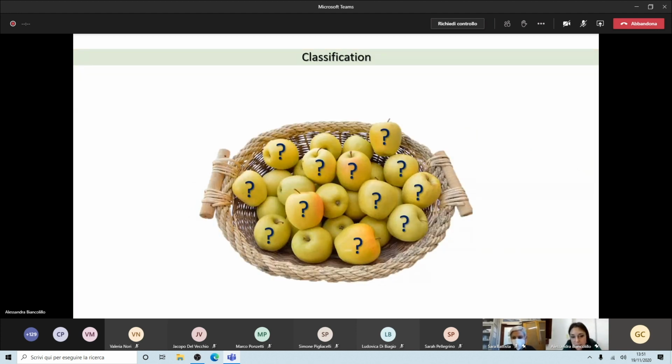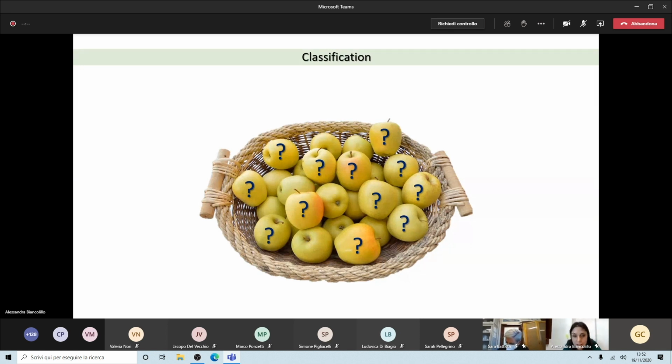Let's consider the case we have a bag of yellow apples and we want to know which apple has been harvested in Italy and which apple has been harvested in England, for instance. So in this case, the origin of these apples that look all more or less the same is not something that we can predict at first sight. So we cannot look at an apple and say, okay, this is an Italian apple, because the origin affects chemical characteristics of the apple which are not visible.